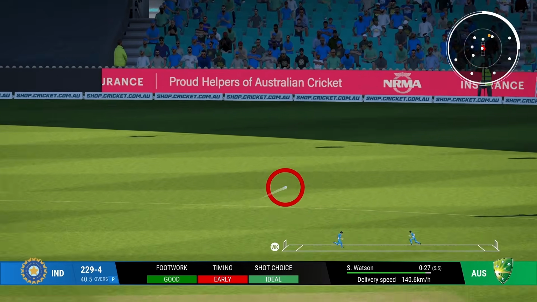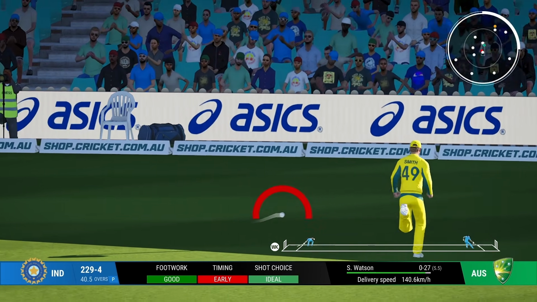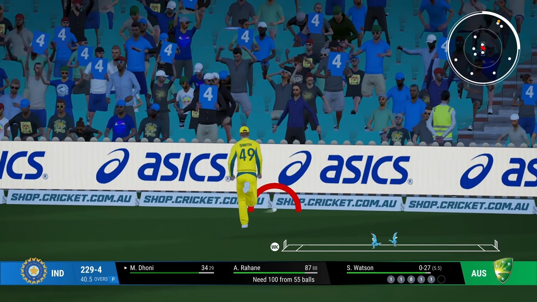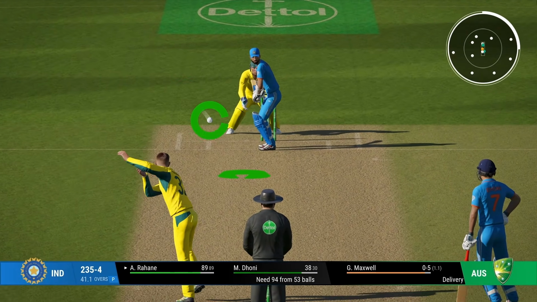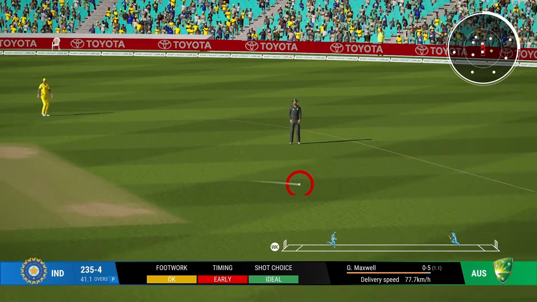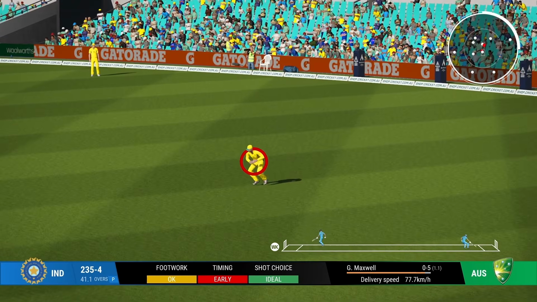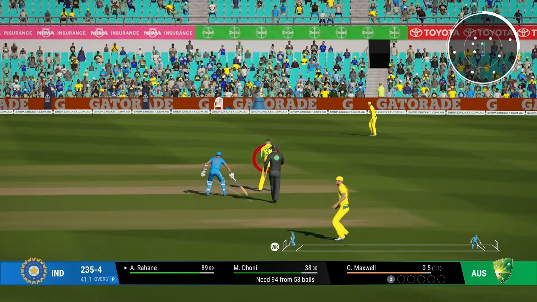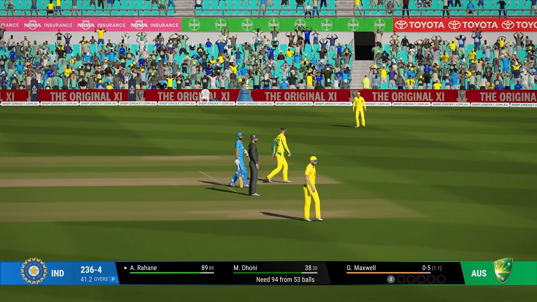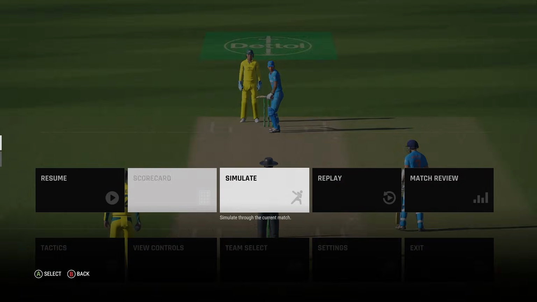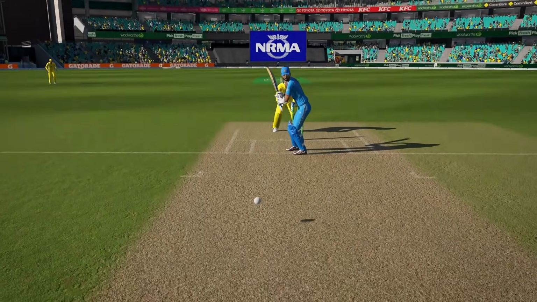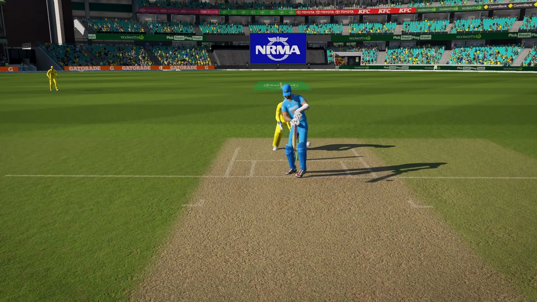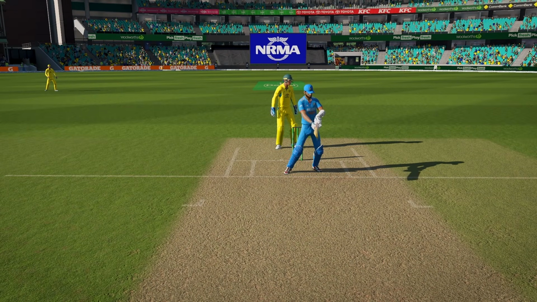Full toss. That's gone between the legs, I think. Also in the gap. Mistimed it completely. But because it went between the legs, it went very fine. No, not the helicopter. Oh, but it hasn't come off MSD's bat though. I wanted to play a sweep. He decides it's the right time to show off to Dhoni and pulls off a helicopter. It comes off as well. I don't know why there is a grounded helicopter shot.